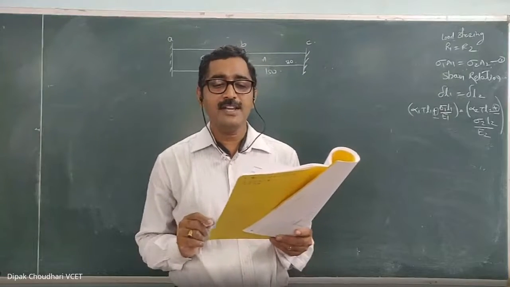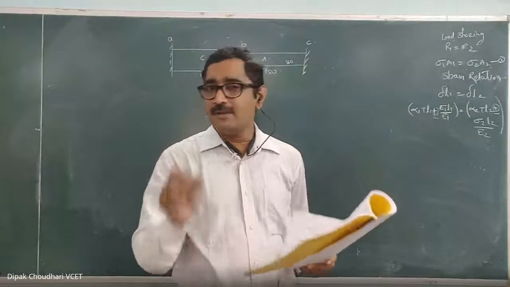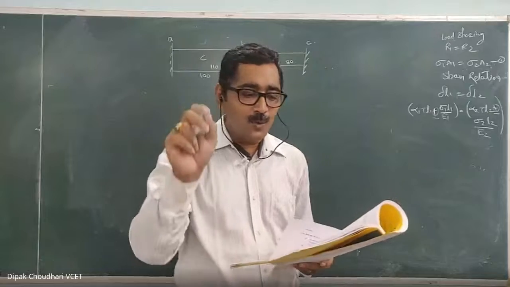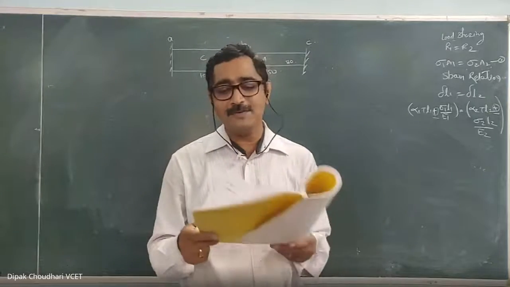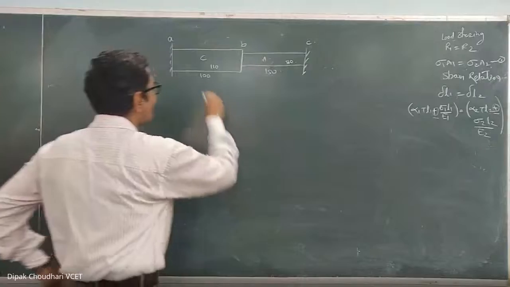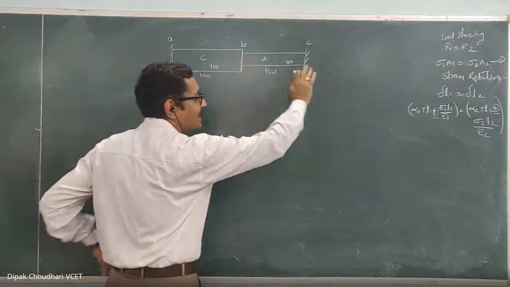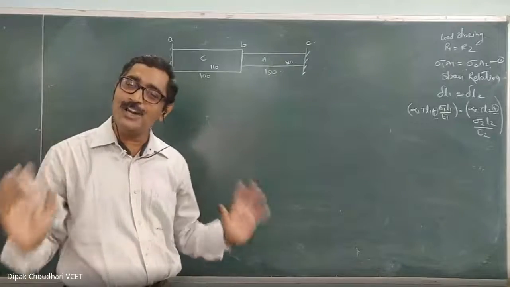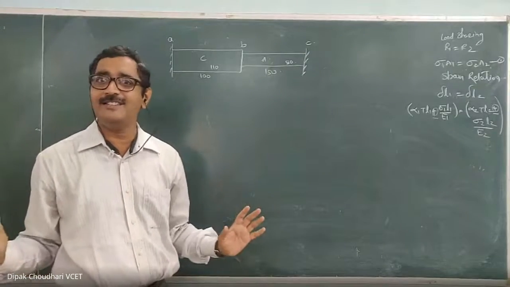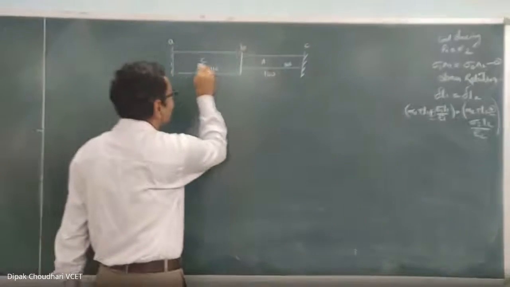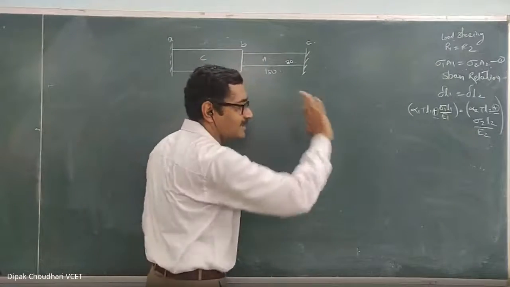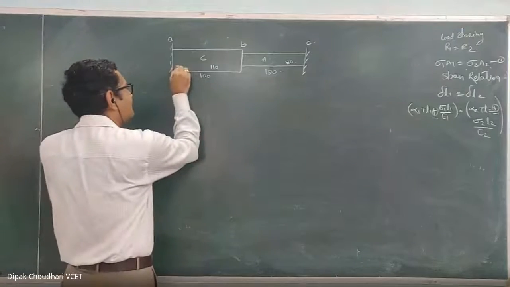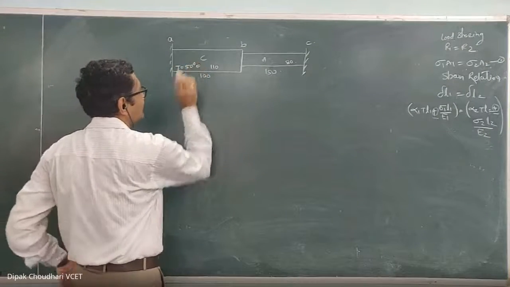Then, listen very carefully, the temperature of only the copper portion is increased by 50 degrees Celsius. Here, only the temperature of copper is raised, the temperature of aluminium is not increased. In the last question the temperature of both was increased by 300 degrees Celsius. In this one only the copper temperature is raised, the aluminium temperature is not raised. Okay, the copper temperature changes by 50 degrees Celsius.